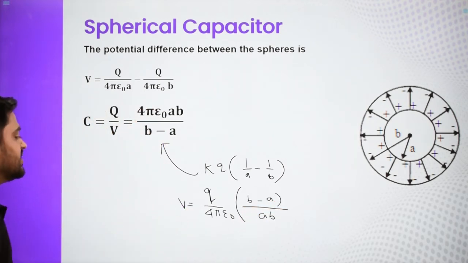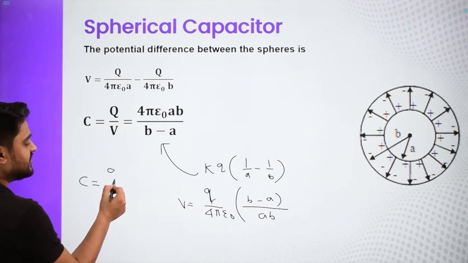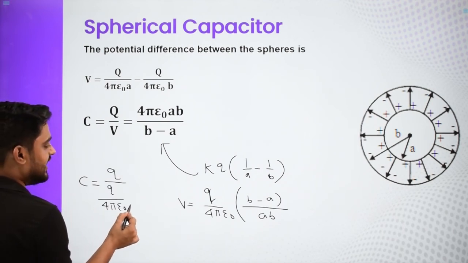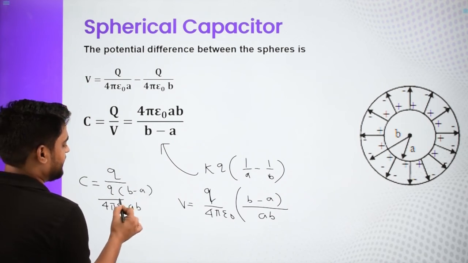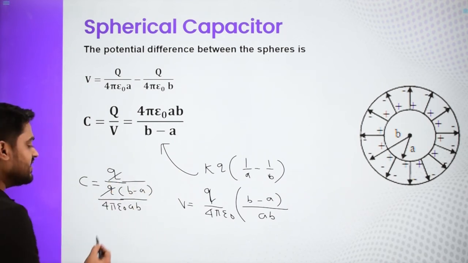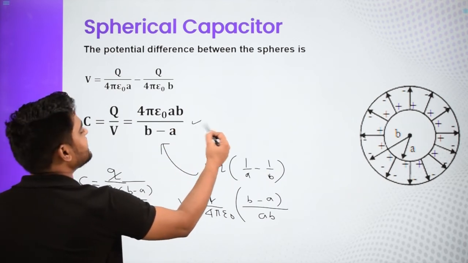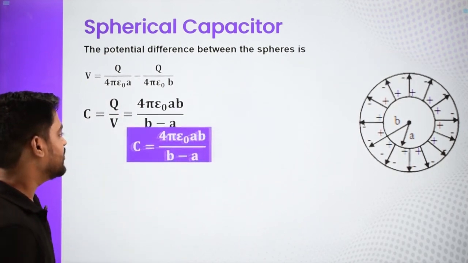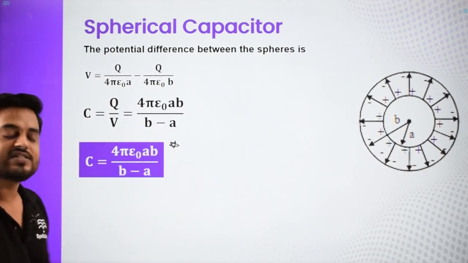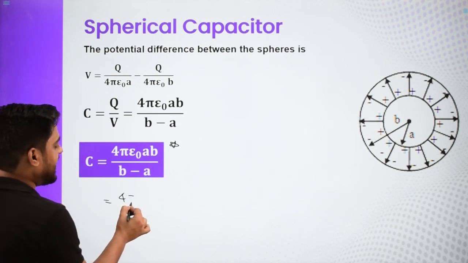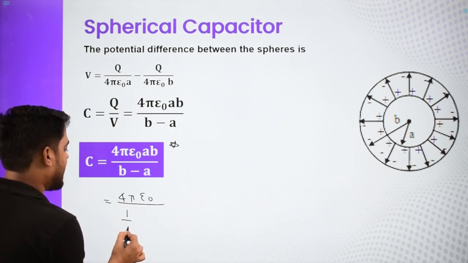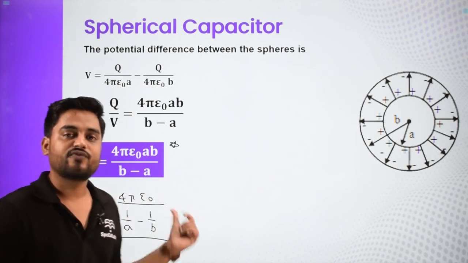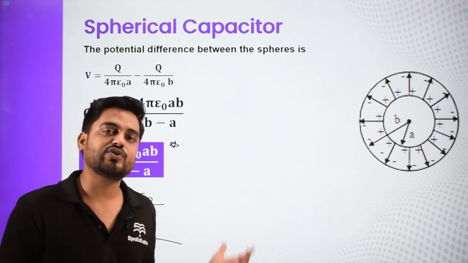Right? Once I got my V, how do you define capacitance? The charge, which is Q, divided by V, and V is this entire thing. So Q upon 4 pi epsilon naught AB, and here we have B minus A. And this Q and this Q get cancelled. This 4 pi epsilon naught AB goes there in the numerator, and this is the formula for the capacitance of a spherical capacitor. So you need to remember this formula. Some of the students remember it in this manner also. It is 4 pi epsilon naught divided by 1 by A minus 1 by B. This is just the alternate form of the formula, so it can also be utilized if you want to remember it like this.